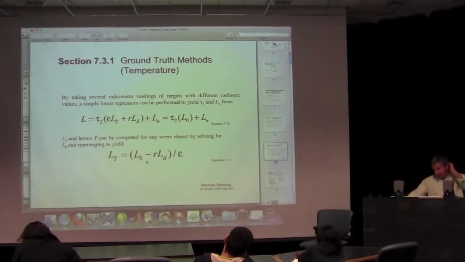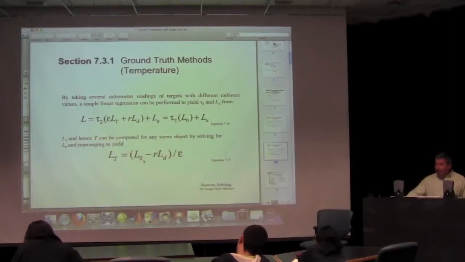In this case, it's going to be the radiance leaving the surface itself. That's the sum of both the reflected and the self-emitted energy. You need to subtract from that the reflected energy, so you just get the self-emitted energy. And if you have just the self-emitted energy at this point, divide that by the emissivity, and you can come back to LT,